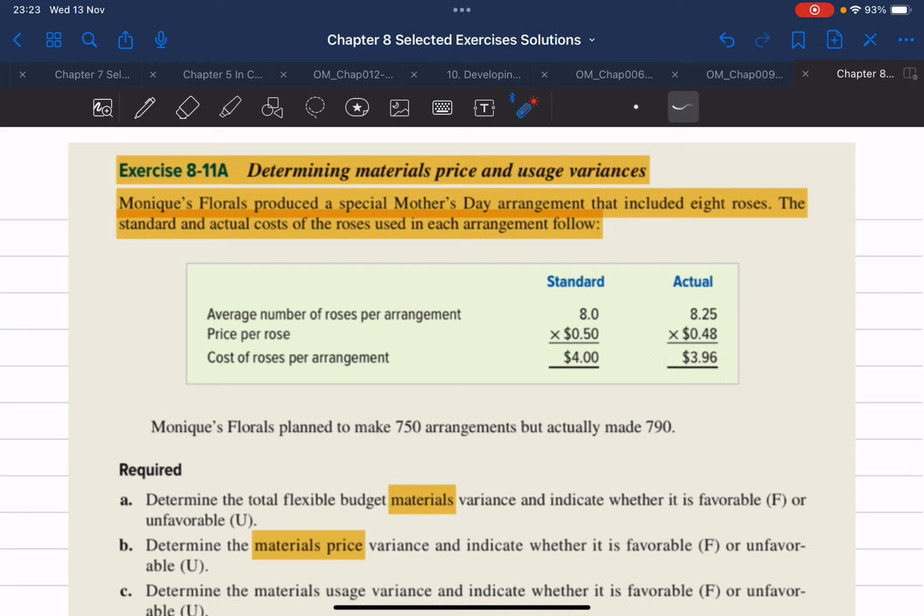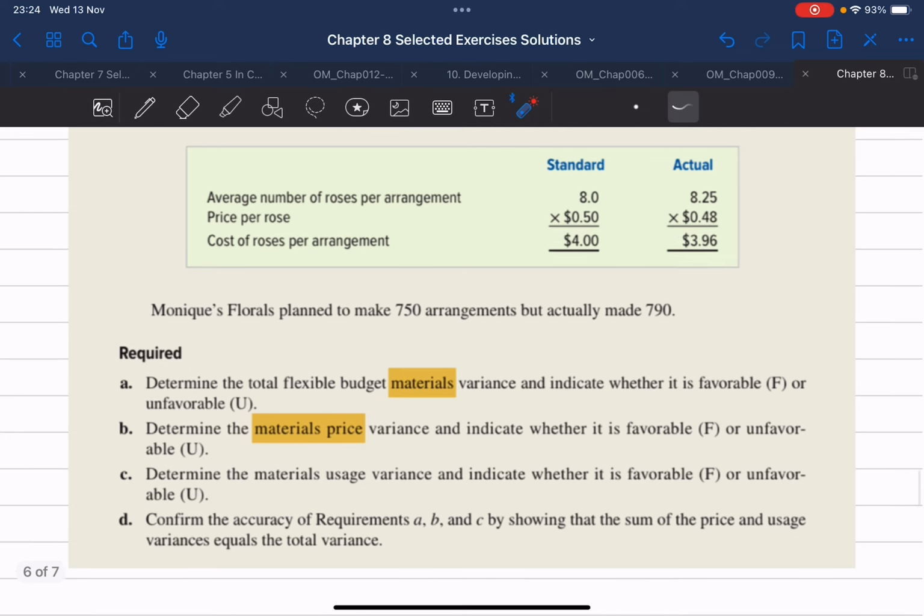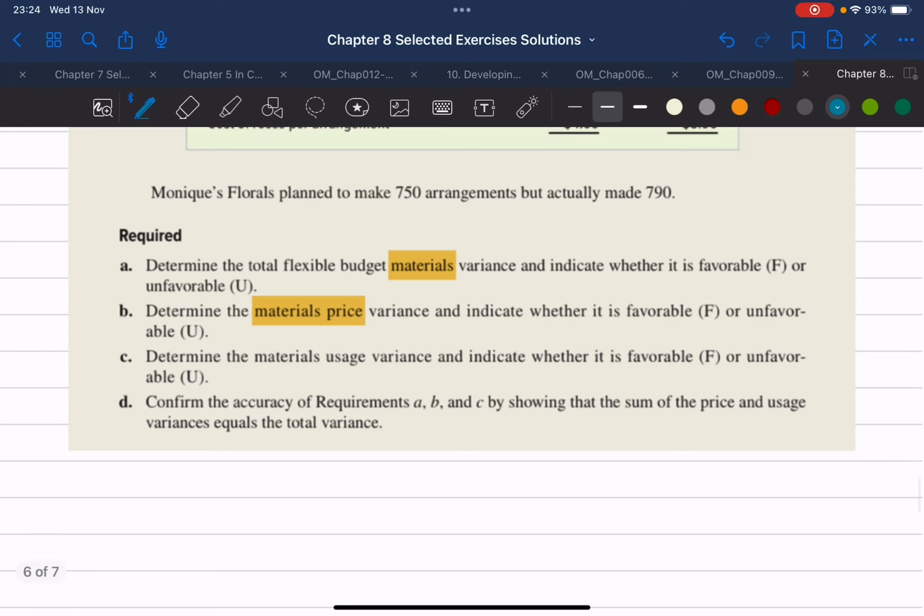Monique's Florals planned to make 750 arrangements, but actually made 790 arrangements. So what's required? A, determine the total flexible budget materials variance and indicate whether it is favorable by the letter F or unfavorable using the letter U. So for the first requirement, we want to see what was the total flexible budget materials variance. Okay. And for that, we use the following formula: the absolute value of the difference between the actual